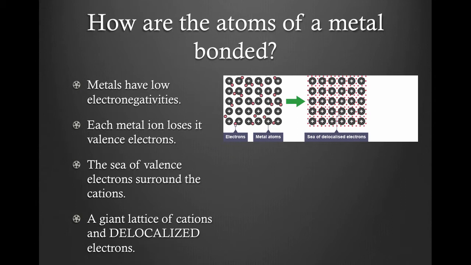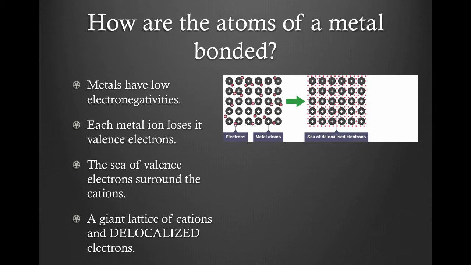And so it is said that metal bonds are formed between the nucleus of each of the metals and the delocalized electrons. So it's a giant lattice of cations and delocalized electrons, whereas in the covalent bond, the electrons are localized